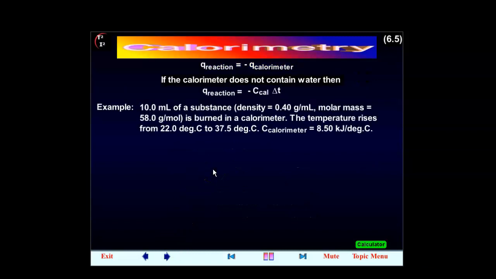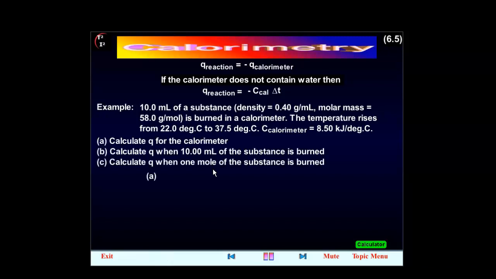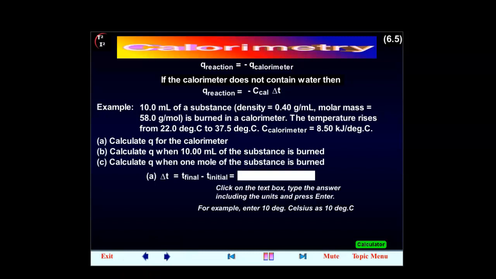...0 milliliters of a substance is burned in a calorimeter. The temperature rises from 22.0 degrees Celsius to 37.5 degrees Celsius. C calorimeter equals 8.50 kilojoules per degree Celsius. A. Calculate Q for the calorimeter. Delta T equals T final minus T initial equals